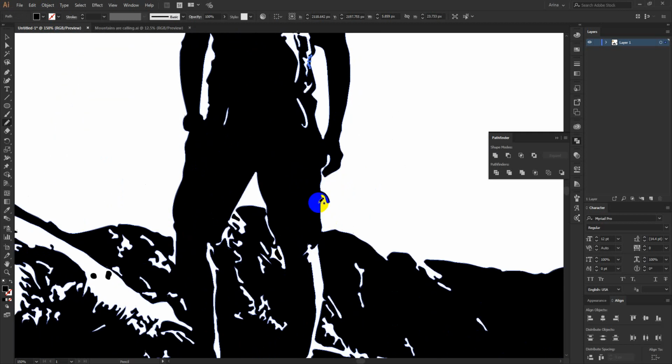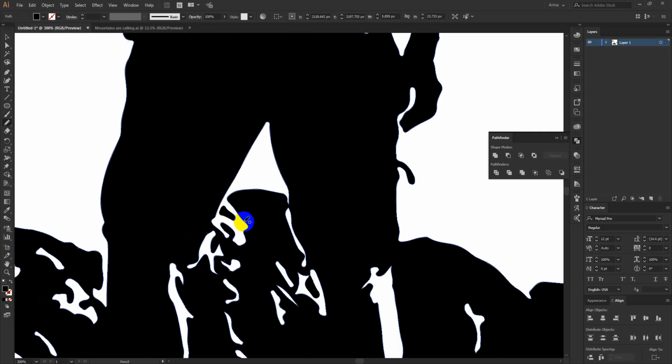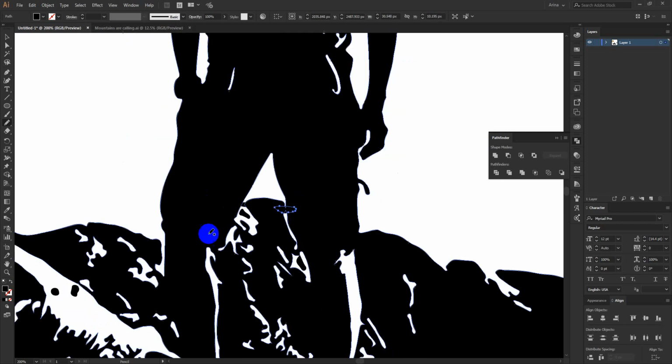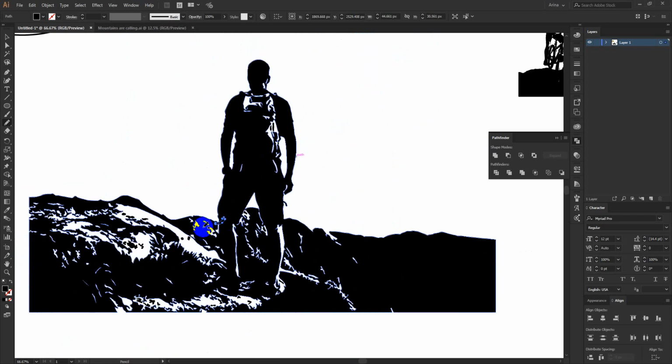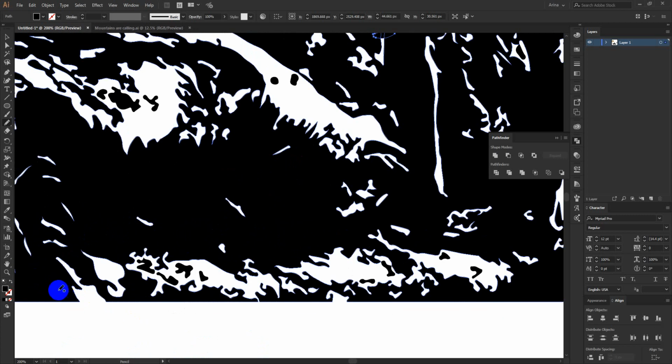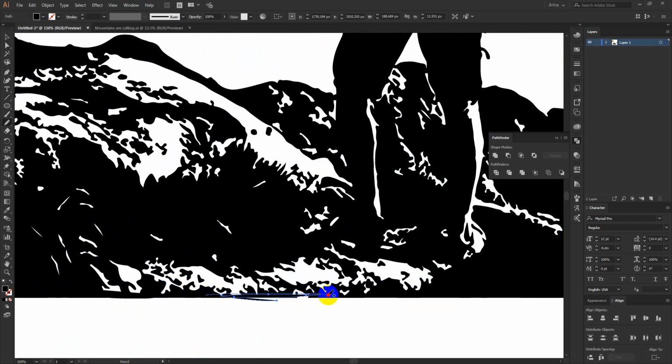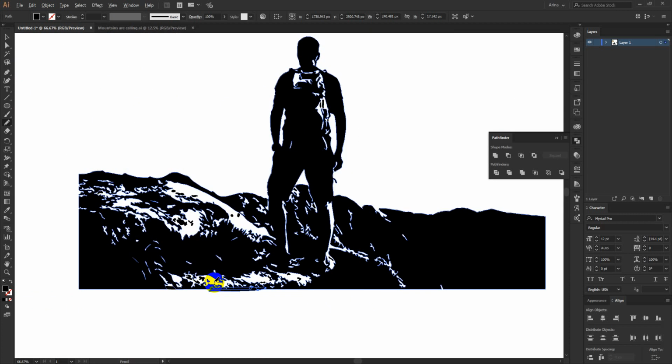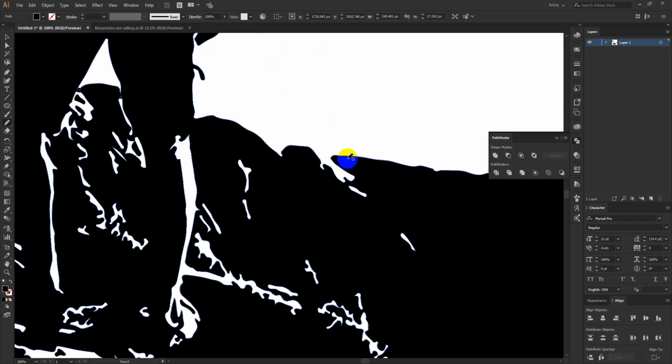So the areas I don't want to be open, I am just fixing those, something like this. Okay, that is okay for me now. Just making some rough lines to fill these areas. Okay, and the reason behind this is,